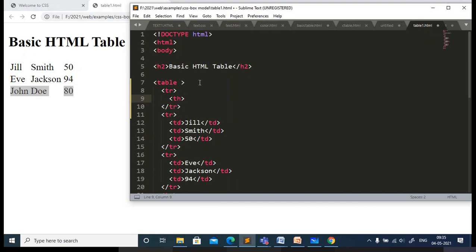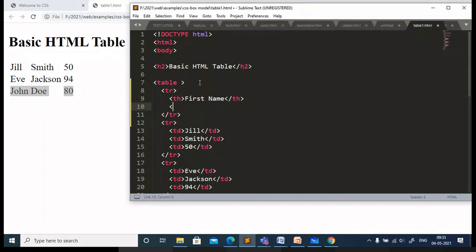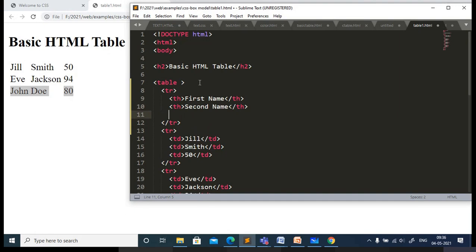I will take the first heading as first name. Are you people following? The second heading I will go with second name. The third column indicates age.